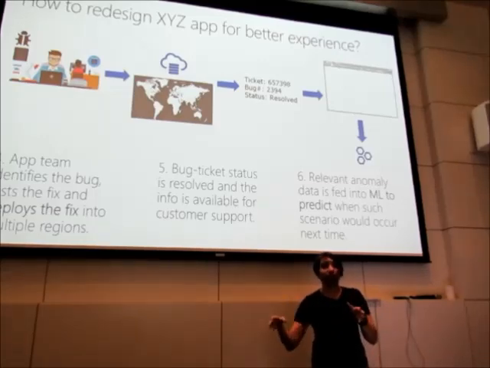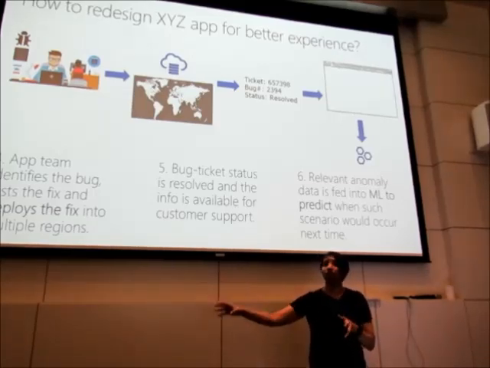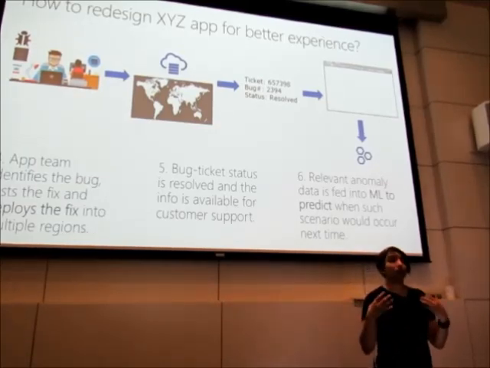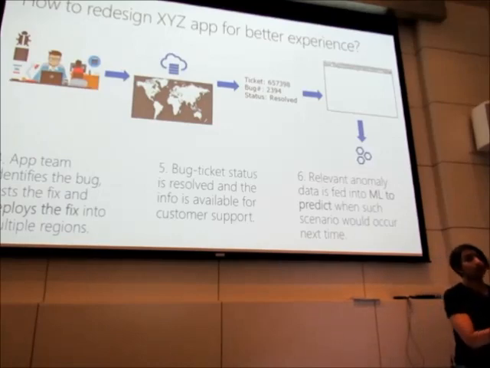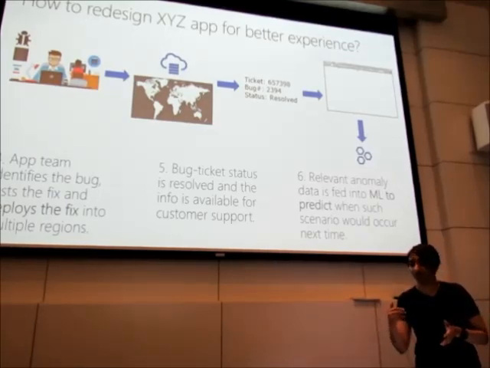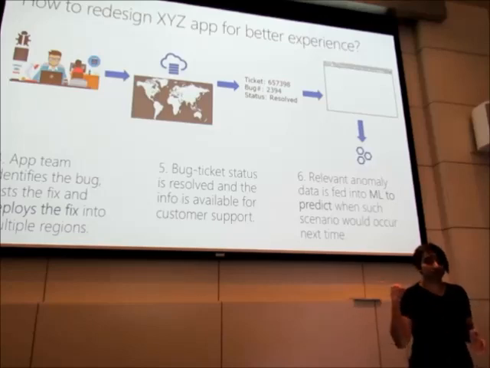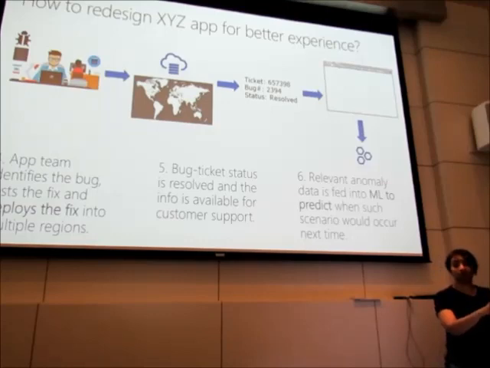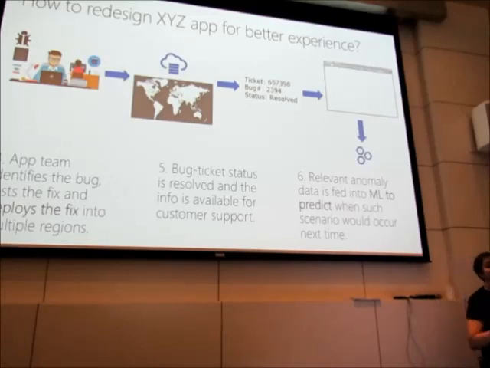This new fix, whatever was done, is already available even to customer support. Even if someone calls after this, you have already predicted the problem and are solving it. But while solving the problem, if some customer calls, this information is available to customer support to tell customers, "Hey, someone is actually solving this problem. You will have it solved in a few days or a few hours." So this is keeping your customers informed from the business perspective.